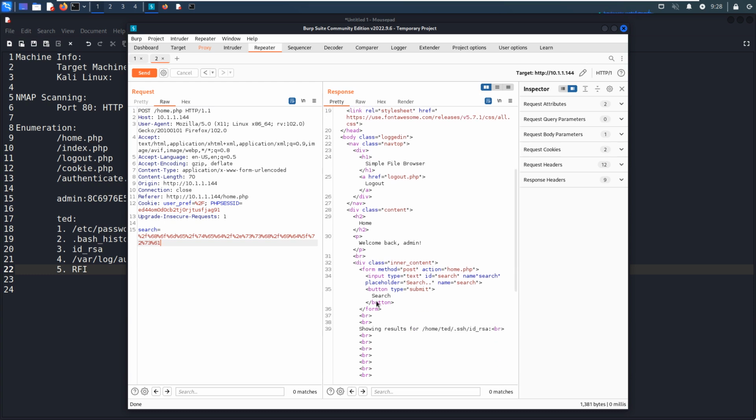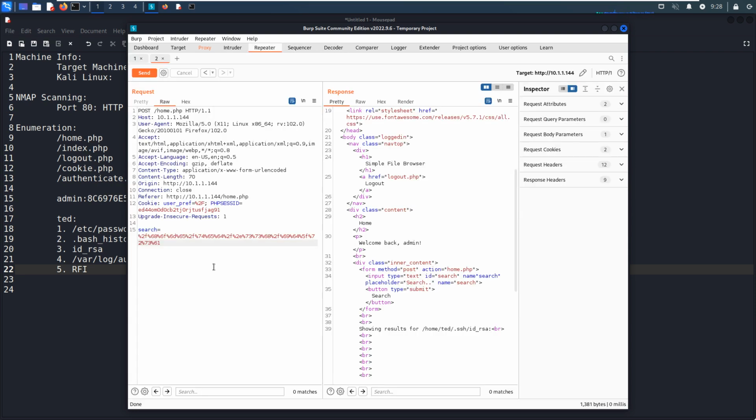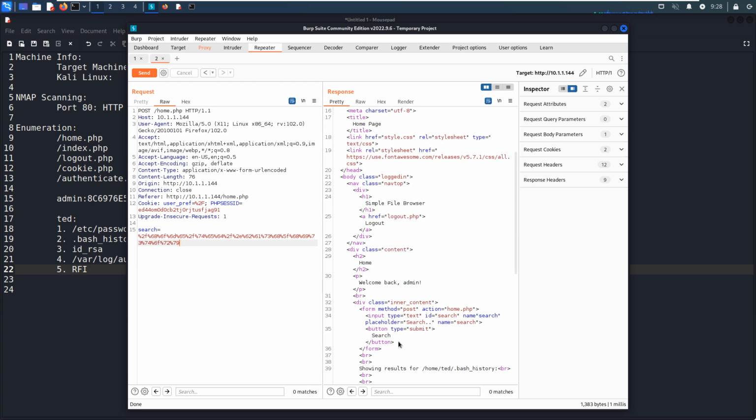Nothing here, right? So next, I think we can try, for example, the bash history, and we can copy, send, nothing.